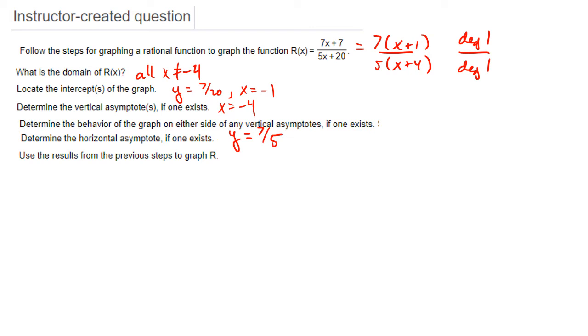Okay. Now let's go ahead and throw down our vertical asymptote of x equals minus 4, and we're going to go ahead and see what happens to the right and to the left. So we're going to do similar reasoning that we did before. We're just going to talk through it a bit faster. Now notice, if x is very close to negative 4, my numerator is very close to 7 times negative 3, or negative 21. Okay, so if x is close to negative 4,